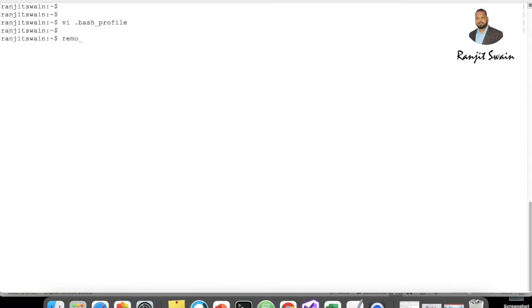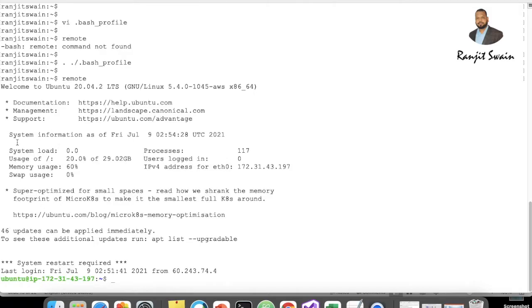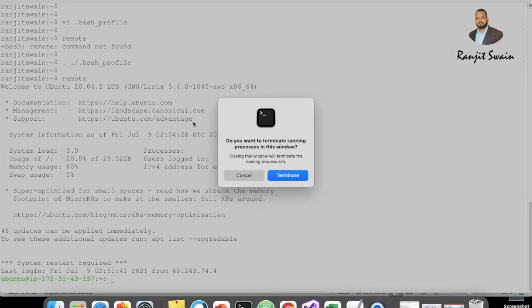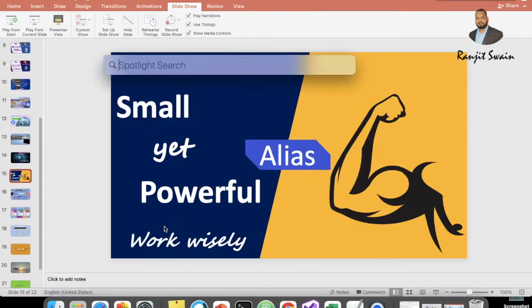If we execute remote again, it will not work because we have not executed this file. Or we can terminate the terminal and log in again, and it will be executed automatically. To execute it, we can use source .bash_profile. Hit enter. Now the bash profile is executed. If you use remote now, we are able to connect. Even if you exit from this terminal and try to connect again,